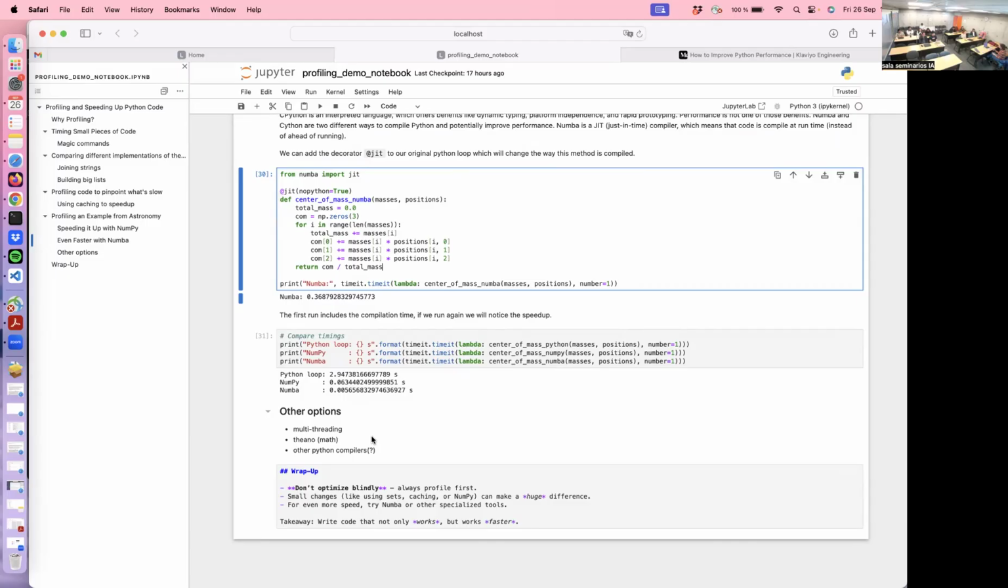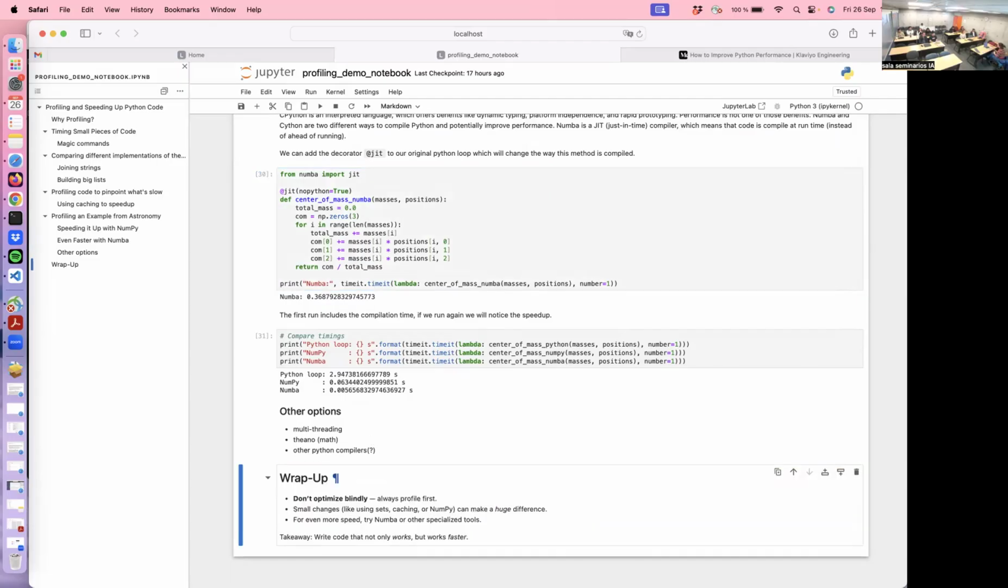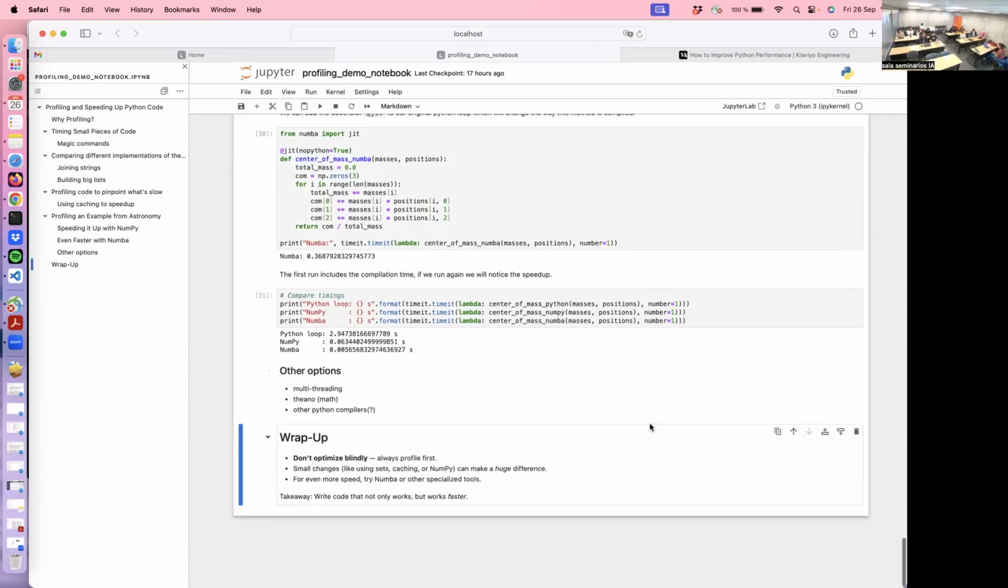So you can check where the bottlenecks are and